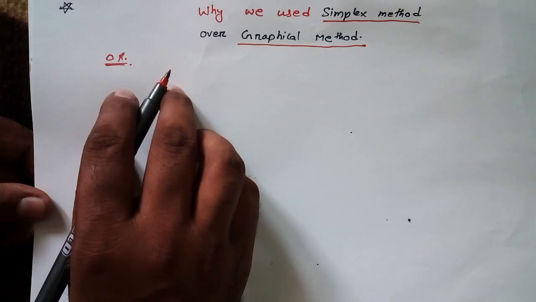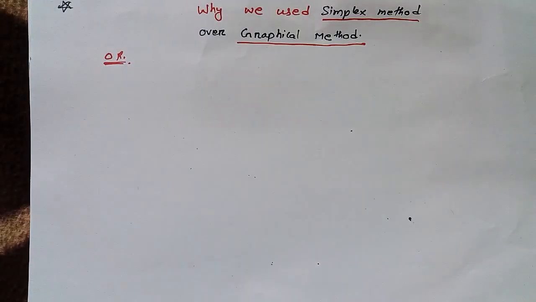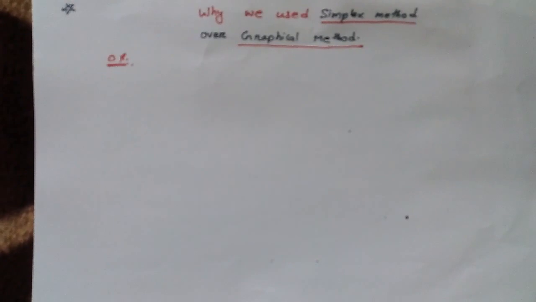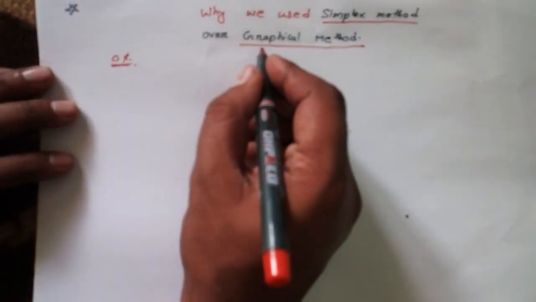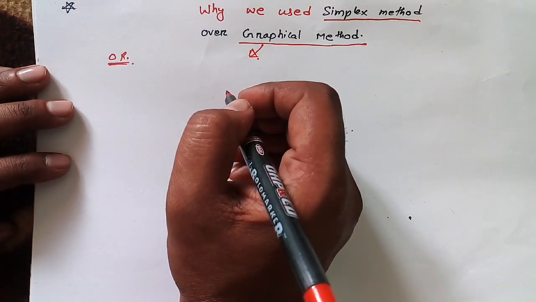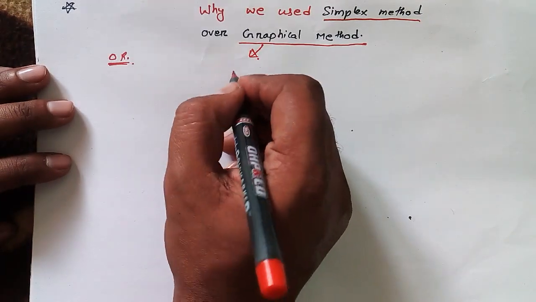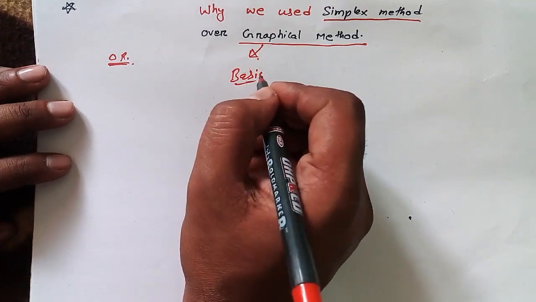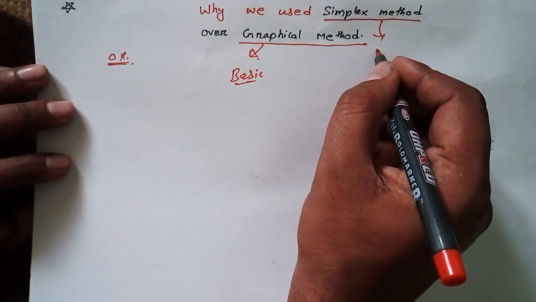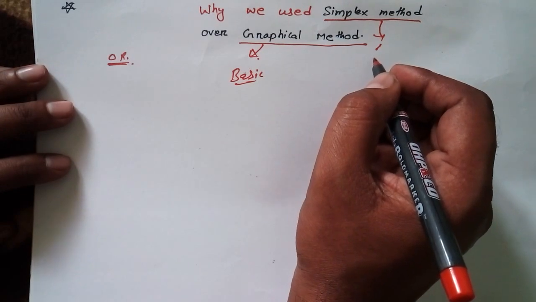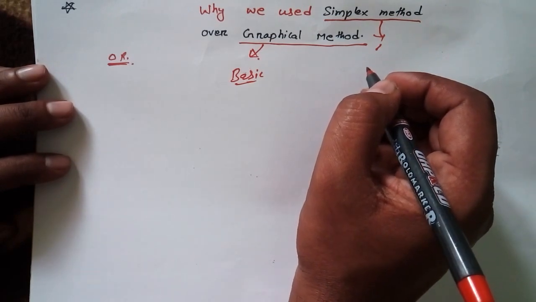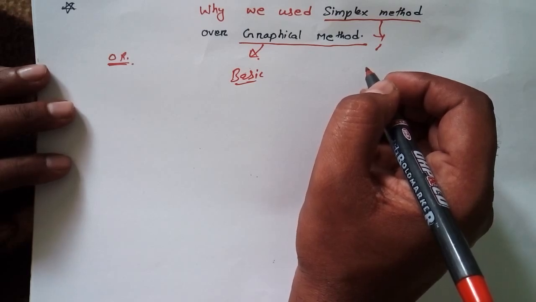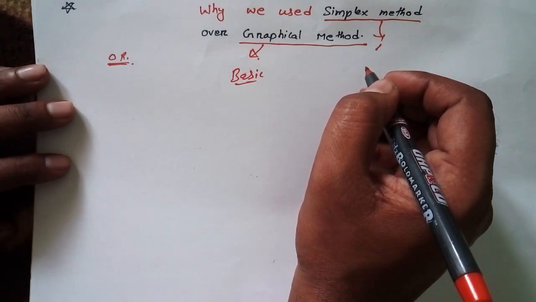If you start studying the simplex method, operations research, then probably you are aware of the simplex and graphical methods. We start studying with the graphical method, right? So why do we do that? That is basic, and the extension version of the graphical method is the simplex method. Then we also study the BGM method, dual simplex, transportation, assignment. All those things we study in operations research. But the question I got here is, why do we use the simplex method over the graphical method?